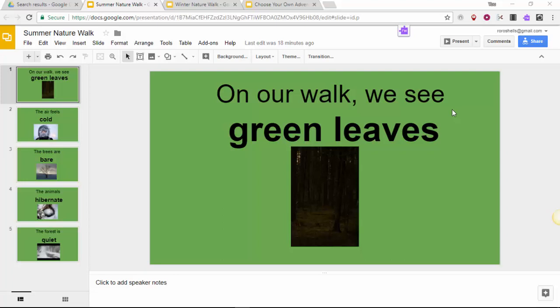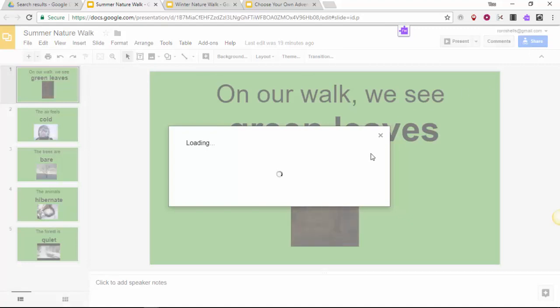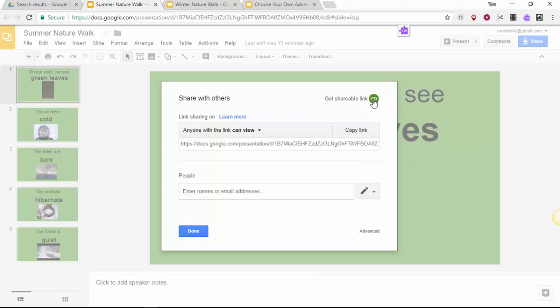So the last portion of this is to just connect the Summer Nature Walk back with the original slideshow and grab the link. So I'm going to click the blue share button to grab the link. And once I've done that, I'm going to then copy the link and embed it back into the picture of my Choose Your Own Adventure slideshow, similarly to the way that I did the Winter Nature Walk. So I'm going to copy the link here, and it's going to tell me that it's been copied to the clipboard, and then I'm going to go back to my Choose Your Own Adventure and click on the second slide here,